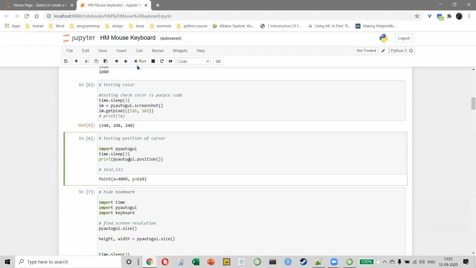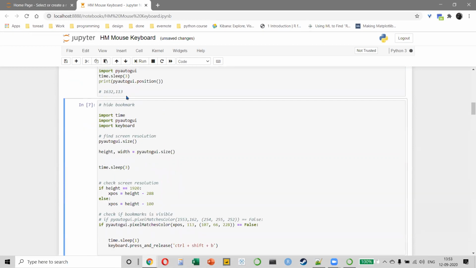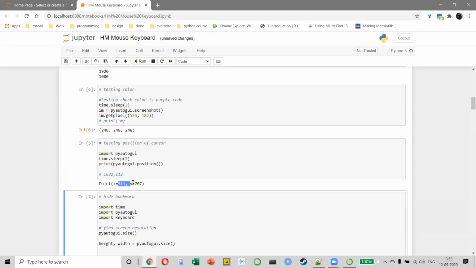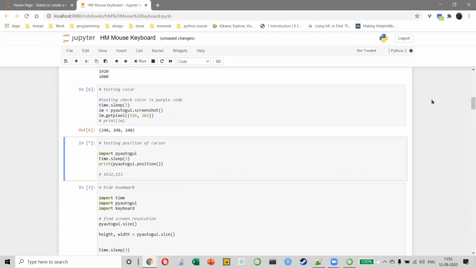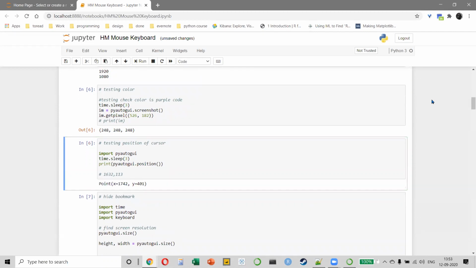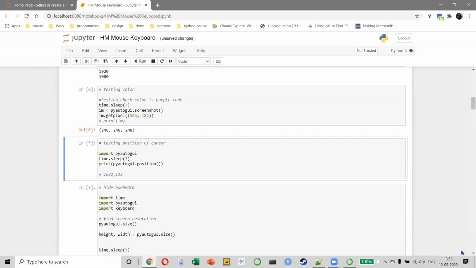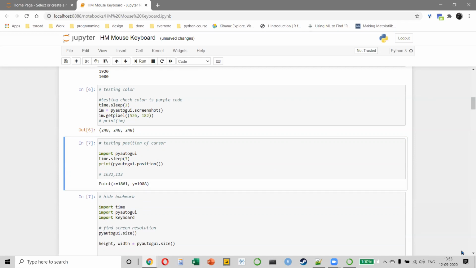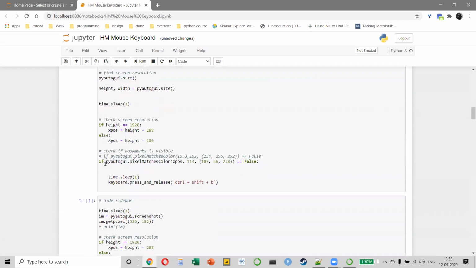Watch this carefully. When I click on run, you know what this is? It is basically telling me 511, 707. So it is telling me the position of my mouse on my screen. If I keep my mouse here, watch, look at the result. It will tell me 1742, 401. Okay, let me do it once again. If I keep it at the bottom right of my screen, it will tell me 1861, 1008, right? So this is very helpful because it can help you track where the user has kept the mouse on the screen, right? Similarly, you can do other things as well.